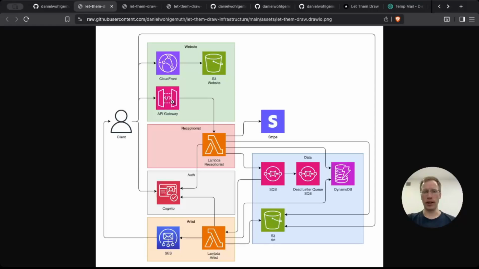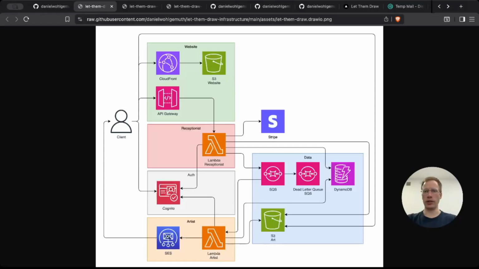Then we have an API Gateway that passes through the request to the receptionist, which takes the request and puts it in a queue or integrates with Stripe. We have Cognito for user authentication, and there is another Lambda function that handles the creation of